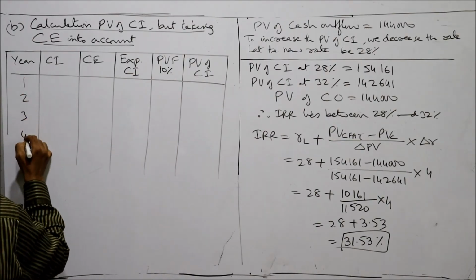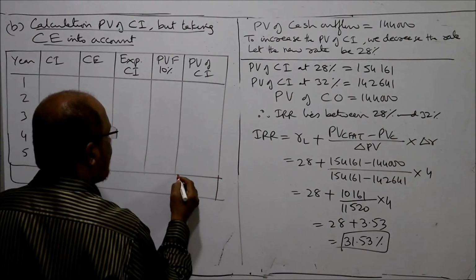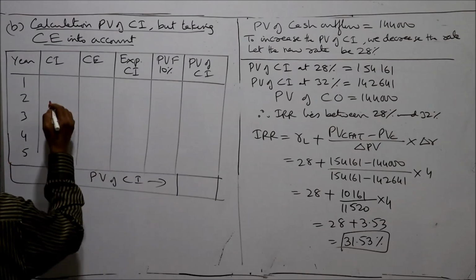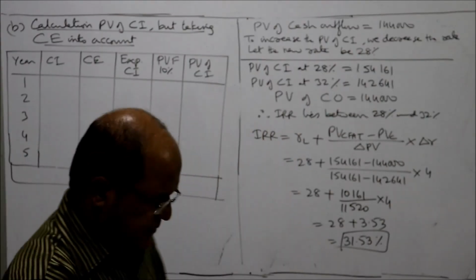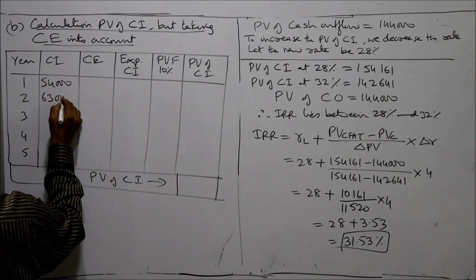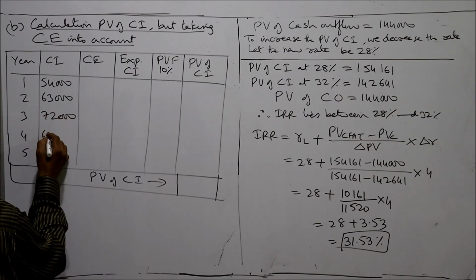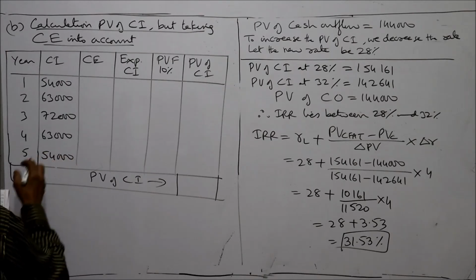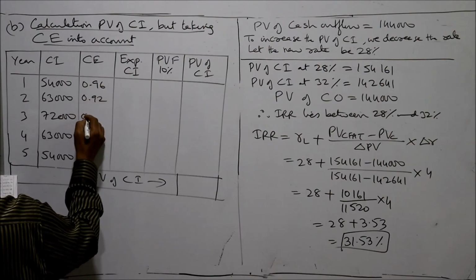Years 1, 2, 3, 4, 5. The cash inflows are given as 54,000, 63,000, 72,000, 63,000, 54,000. And the certainty equivalent coefficients given in the problem are 0.96, 0.92,